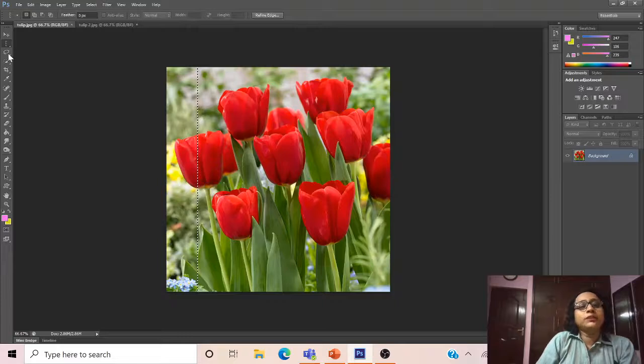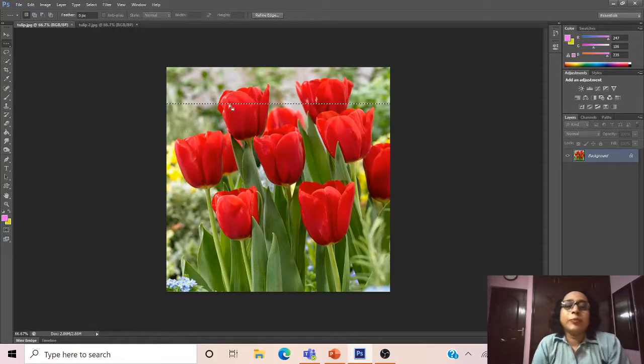This is the columnar selection and this one is the row selection. So if you are selecting something, this much of row you want to select, after selecting definitely we use the copy paste method.